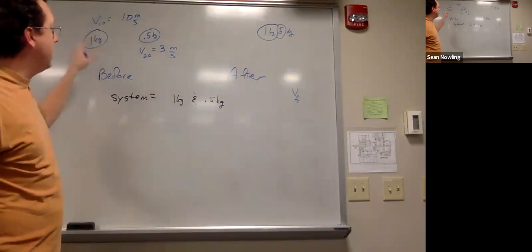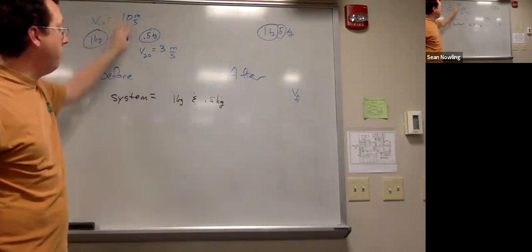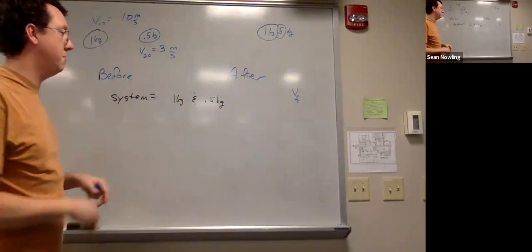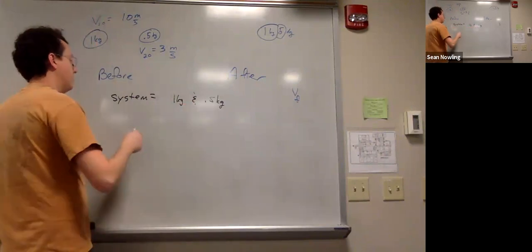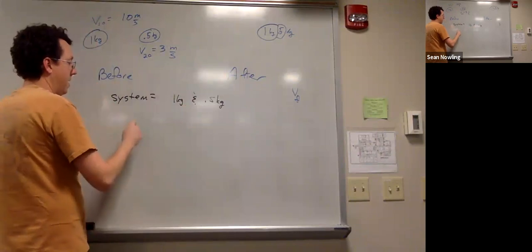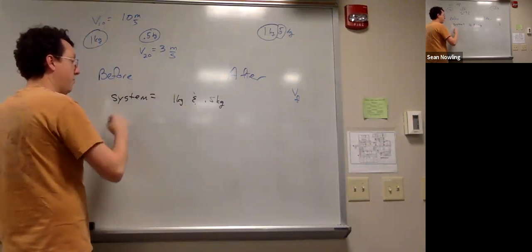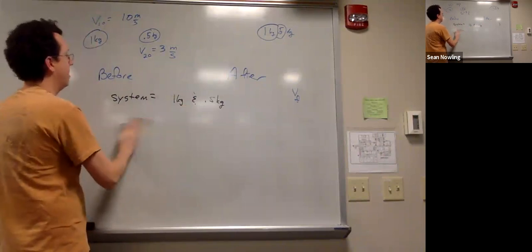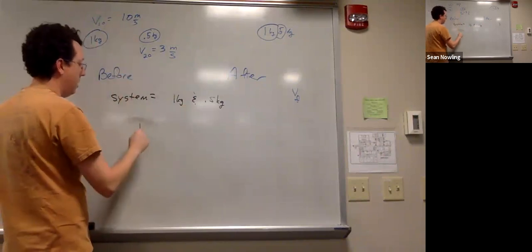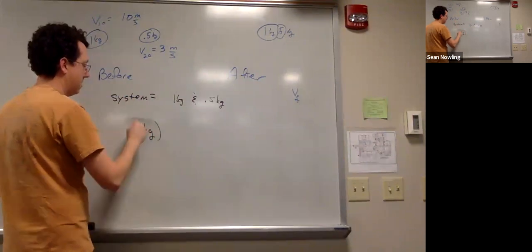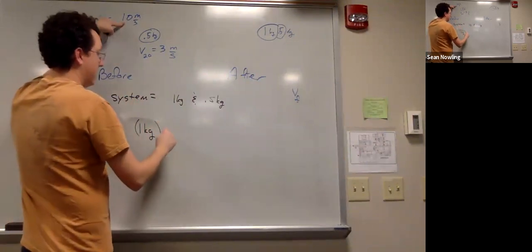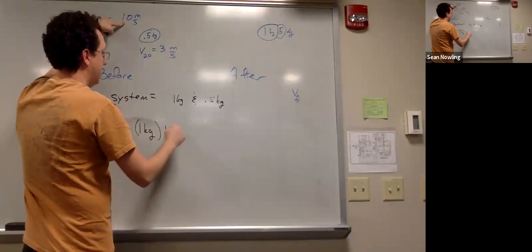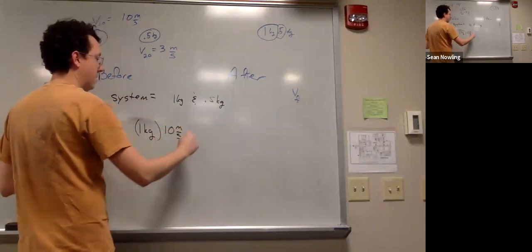Then I expect the momentum before for the pair to add up to the momentum afterwards for the pair. So the momentum before would be the 1 kilogram mass times its velocity, 10 meters per second,